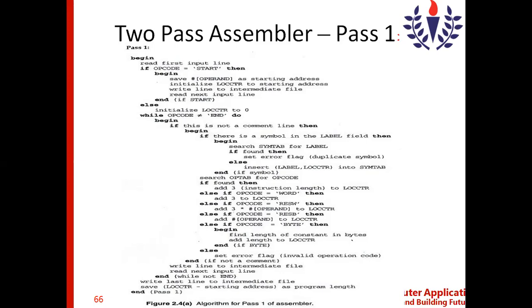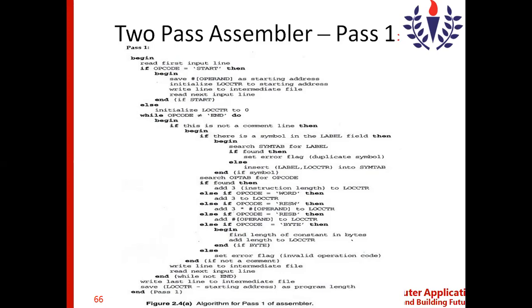So if you have the operand, then save hash operand, which is the value of the operand, as the starting address. If you recall the assembly language program we discussed in the previous session, you can make out that start is followed by the value 1000.